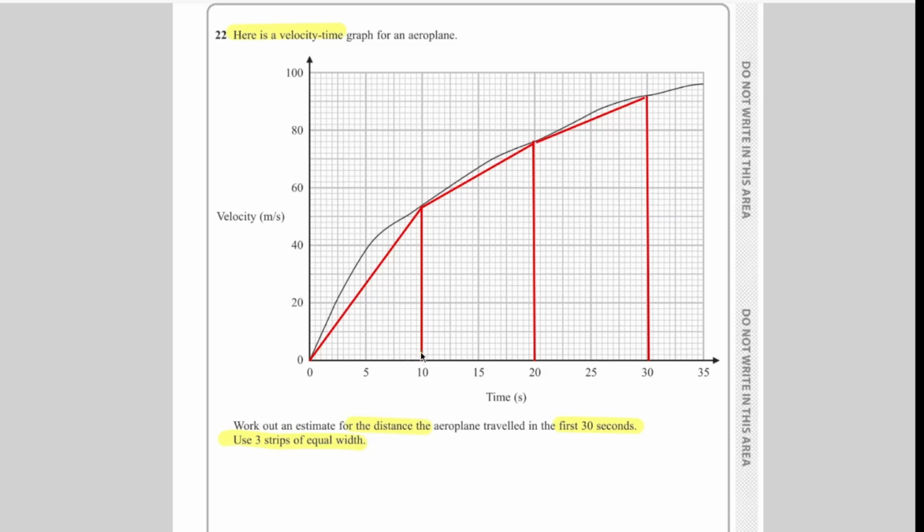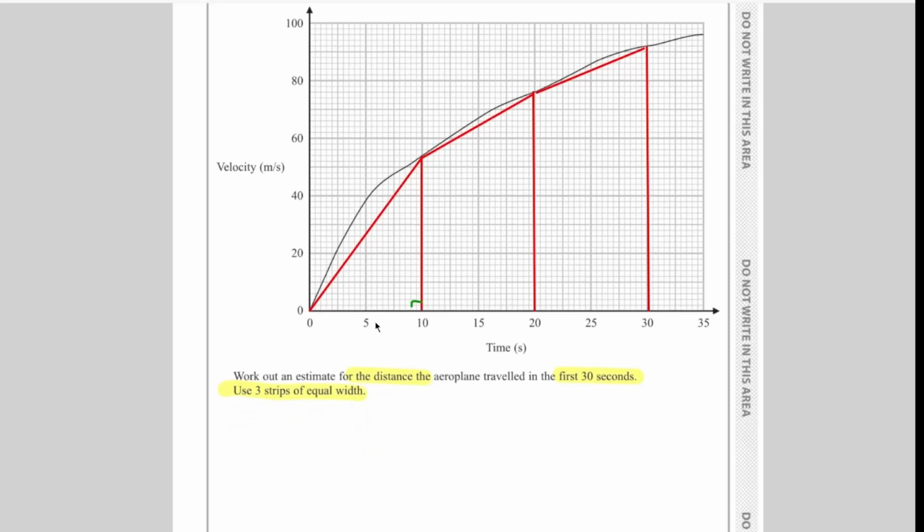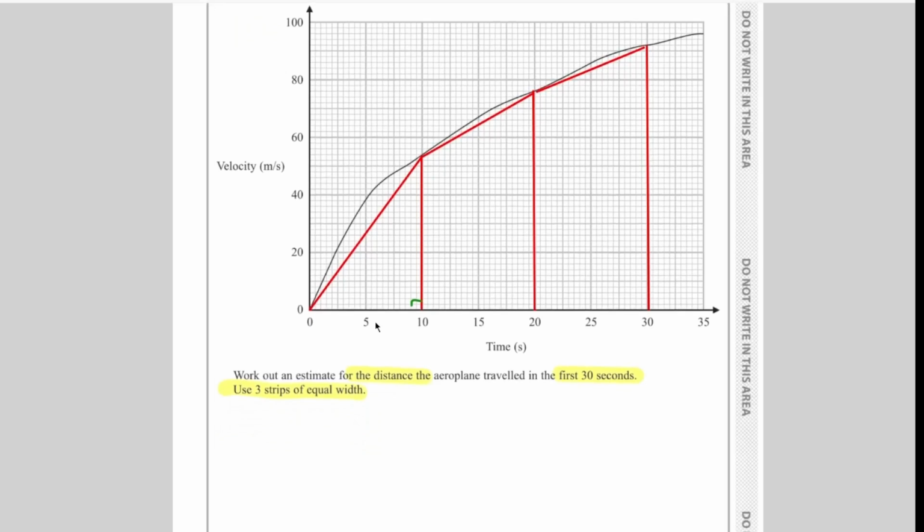Now this is 90 degrees, then this is the height, this is the base. So we can get the area of this triangle, half into base into height. Why should we get the area of the triangle? Because we need to work out the estimate for the distance the aeroplane traveled. So distance,